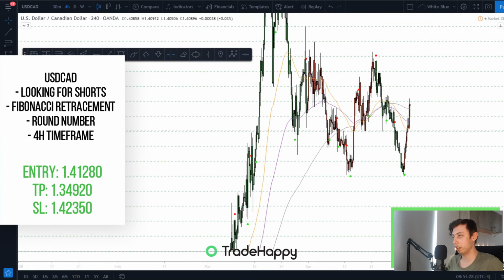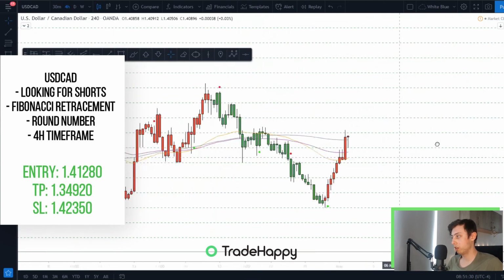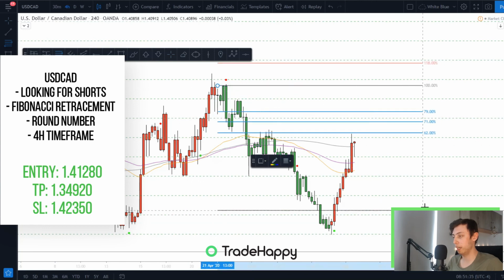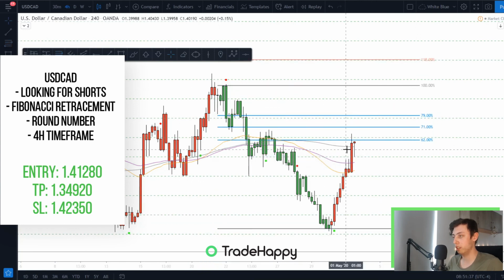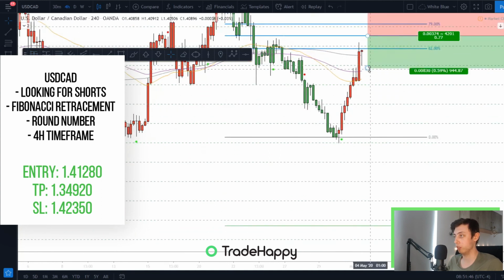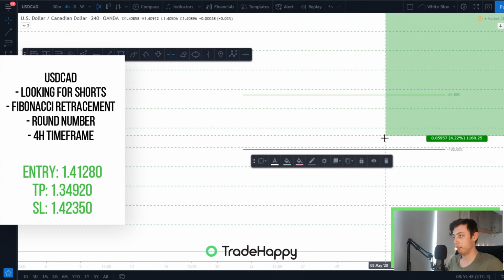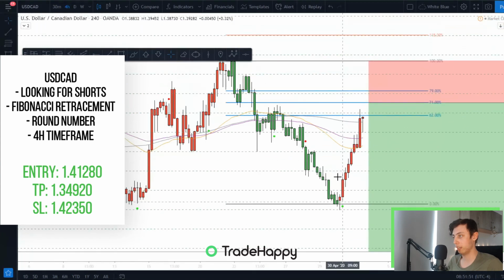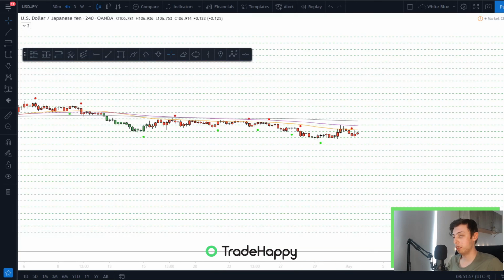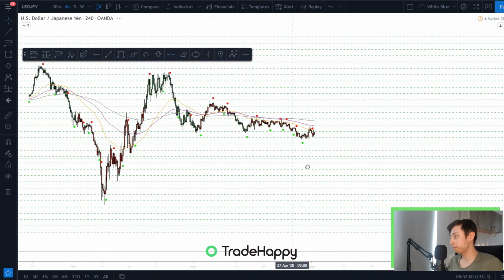Onto the 4 hour to try and get some of the trend. So it could be a short trade, probably later next week, just due to the fact that we are not really close to that 70 level. We are at the 60 level, but as soon as the market comes up to that 71 level, you can enter short, stop loss at 0.0, and take profit at that 100% level. Yeah, so let me just mark that, and I can post that into the chat, into the Discord group.